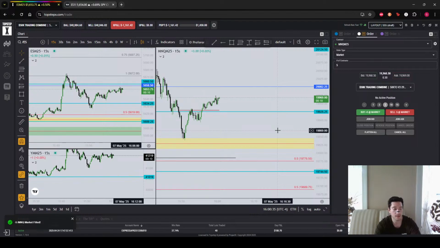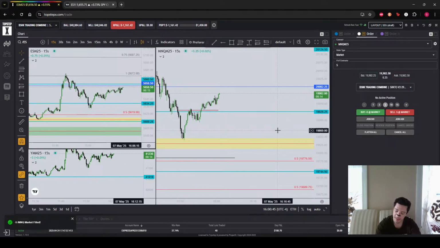So, noted. I guess I won't be doing that anymore. Even though sometimes I like to feel like Superman and I can do it all, but I guess don't. Today's lesson, class, is don't trade in the opposite direction of the clear draw. No matter how clear there is another draw, just wait for one side to get taken and take the other trade. So that one's on me.